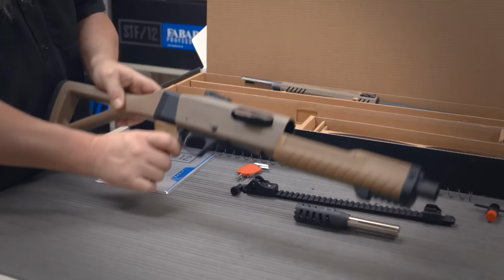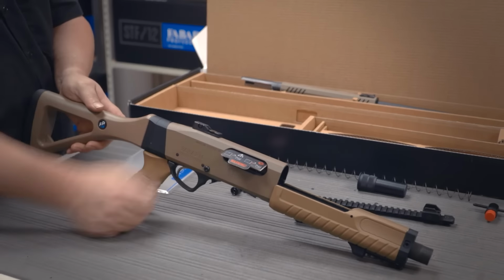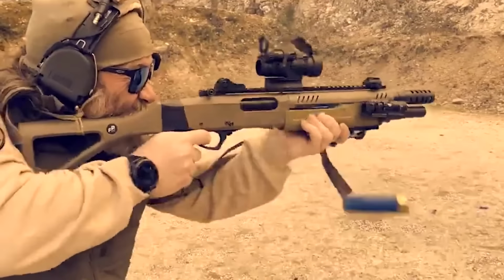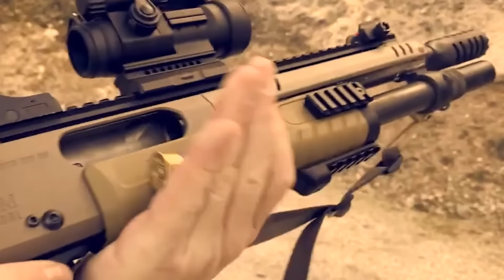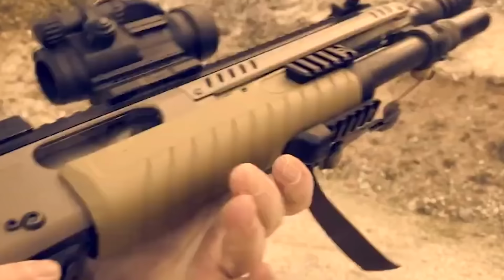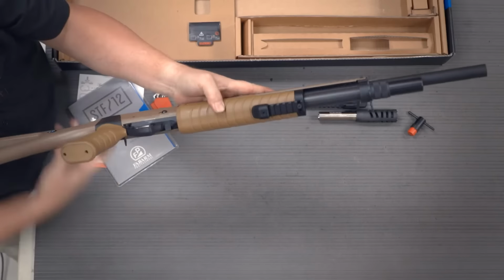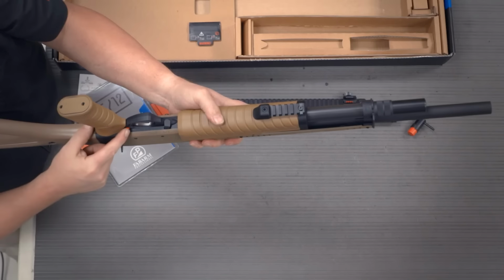Some users have reported issues with the firing pin, leading to unexpected failures at the range. Imagine gearing up for a day of shooting, only to have your shotgun decide it's on a coffee break. Additionally, the shell carrier design has been known to cause double feeds if shells aren't loaded with precision, turning your tactical reload into a slapstick comedy routine. While the STF-12's modularity is appealing, these quirks can make it as unpredictable as a plot twist in a Shyamalan